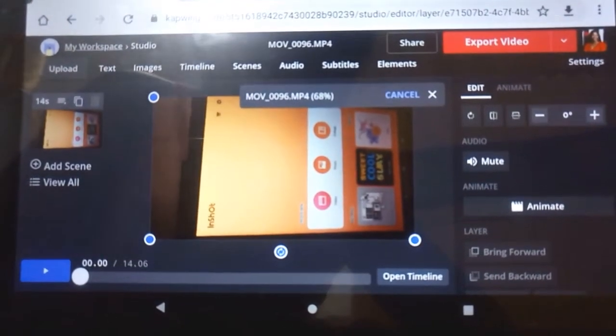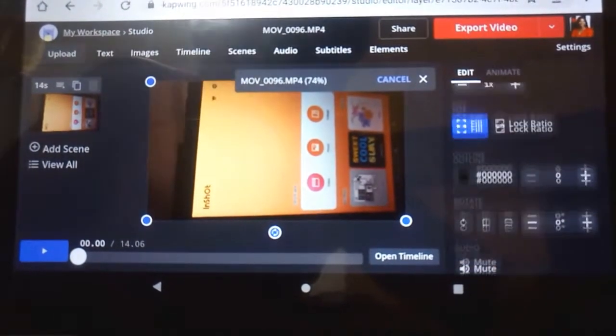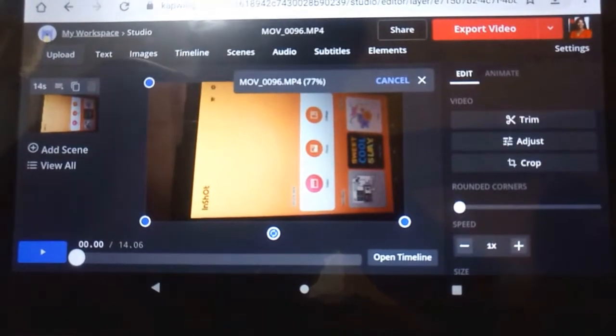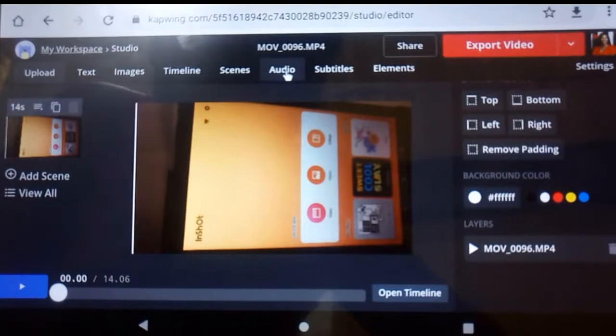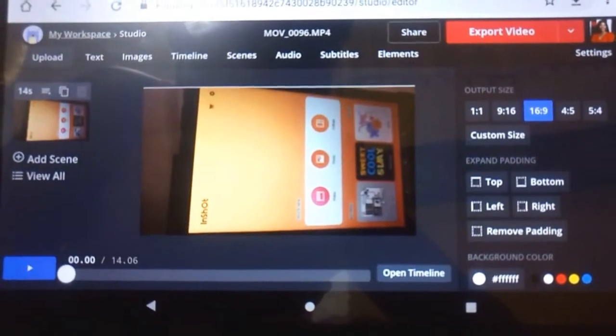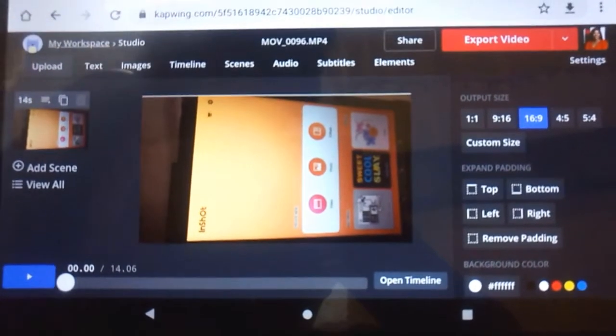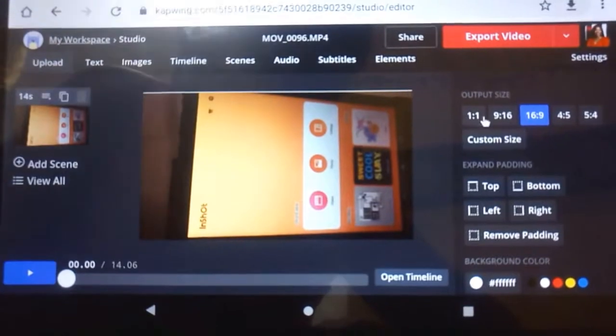So if you want to fast forward it, you just click on it and use any fashion that you wish to use. So if you want to add elements, create audio, screen, timeline, it's almost done. Our video has been generated, so once it's finished, it becomes like this, the size of the video that you're going to make.